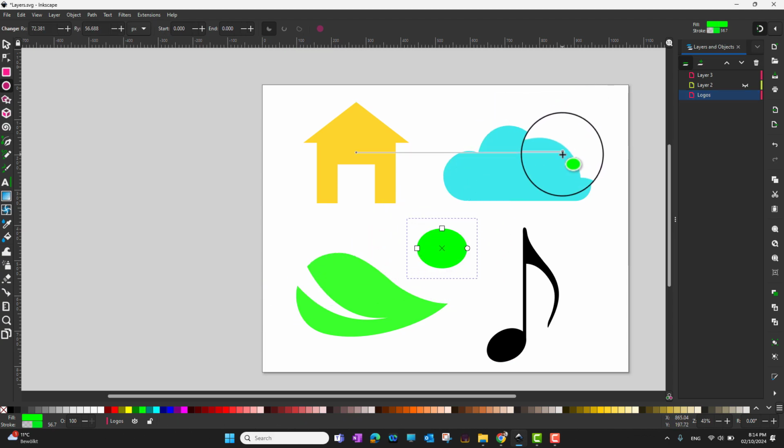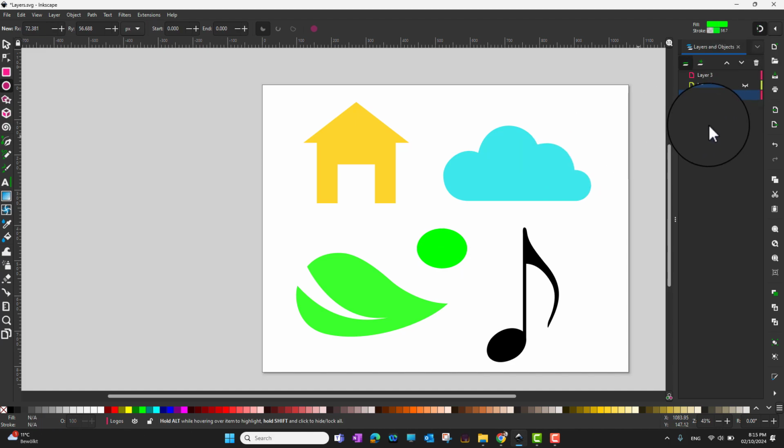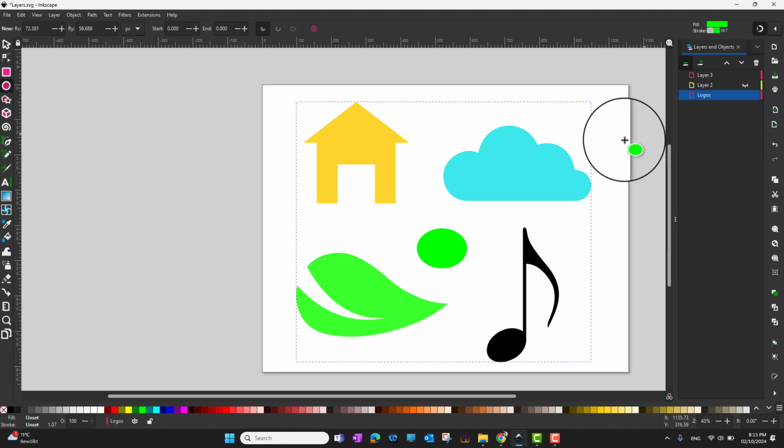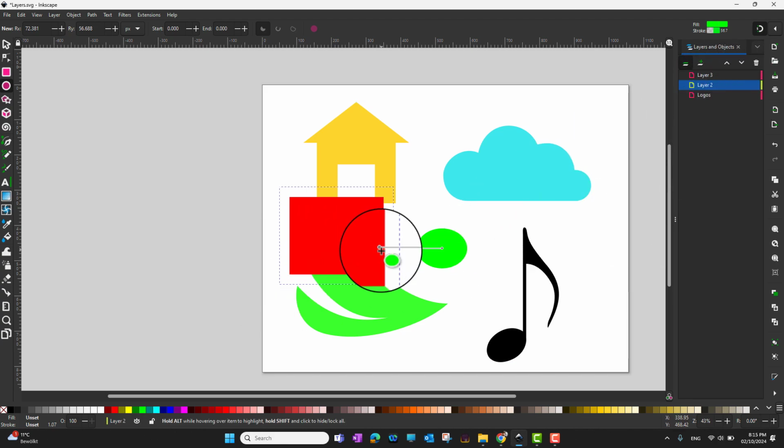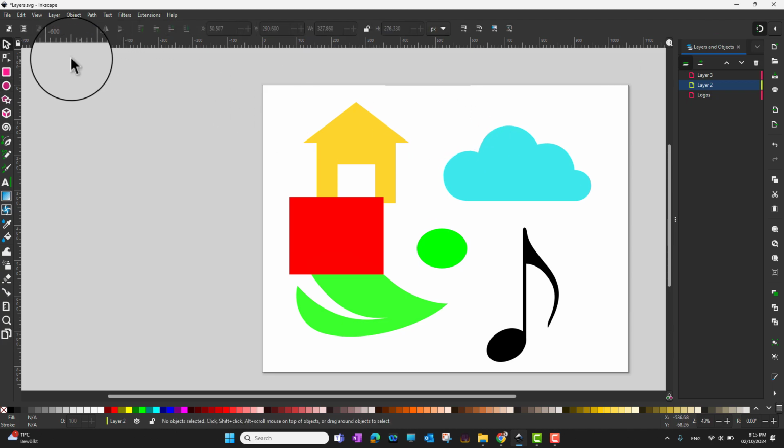Okay, so this is circle. And then what I want to do is switch the object between different layers. So one option is, I already made it here. If I want to make layer 2 visible, then I have all of my objects here. Now, if I want to move an object